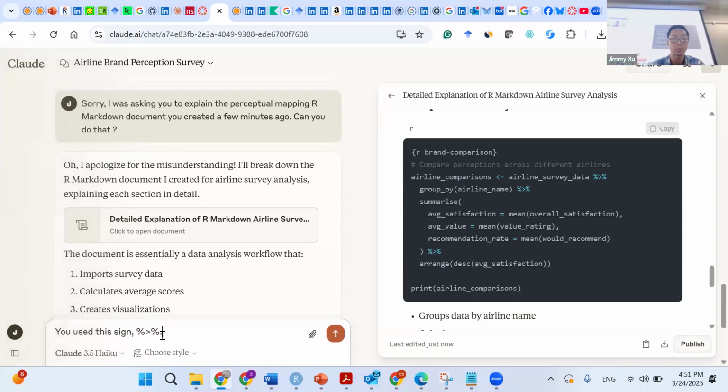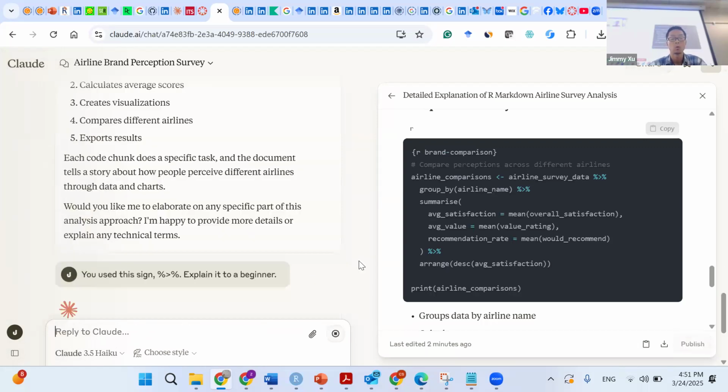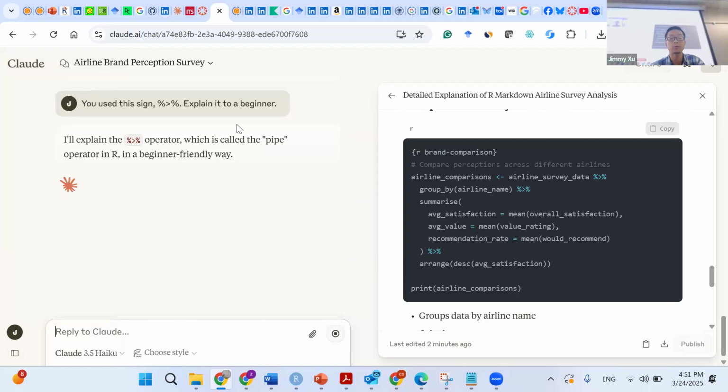So I just want to make sure I show you, what does it mean? Someone ask him to explain to a beginner. Okay, so now he's going to explain what this pipe operator is.